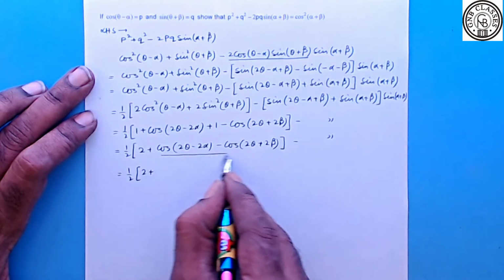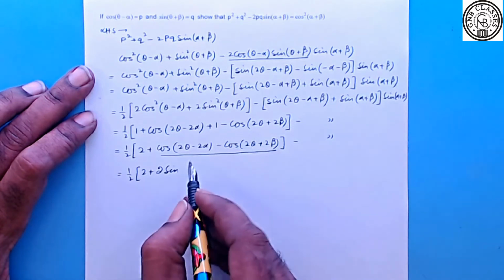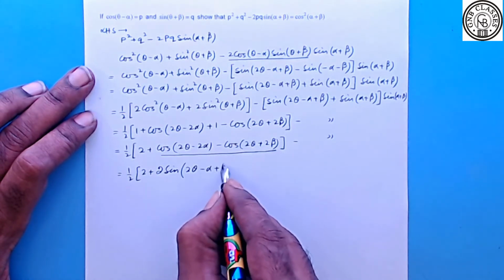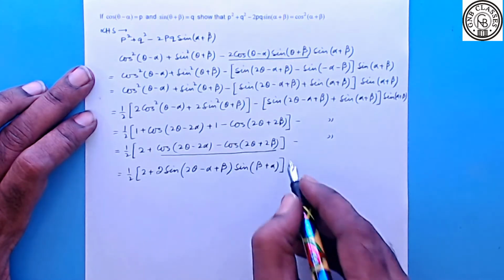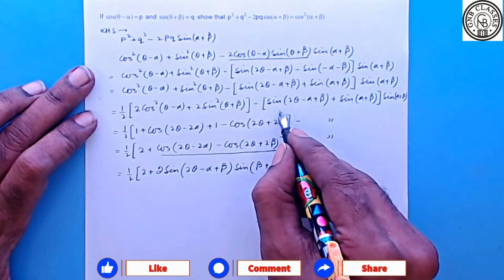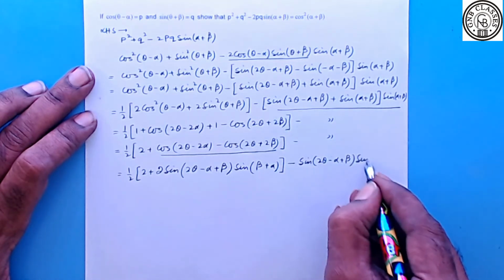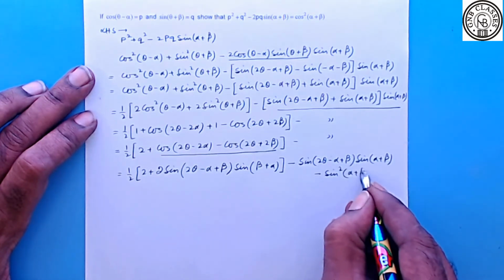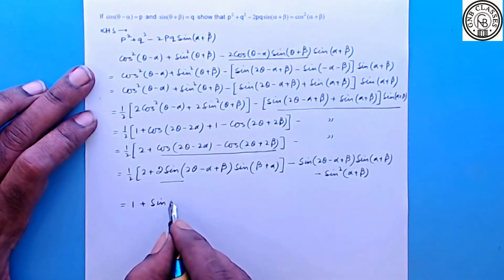Now I'm applying the formula cos C minus cos D over here. So we are getting 2 sin C plus D by 2, sin D minus C by 2, minus, let me just multiply, opening the second bracket means this part I'm opening it. Let me open this bracket also. So we are having